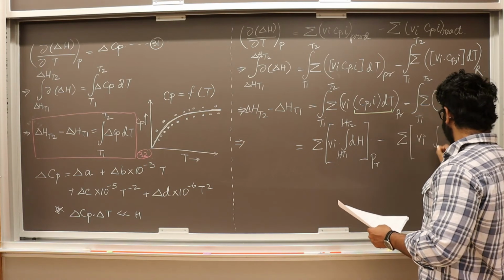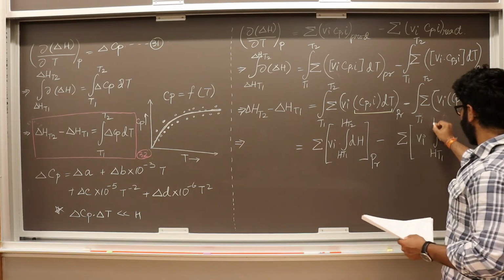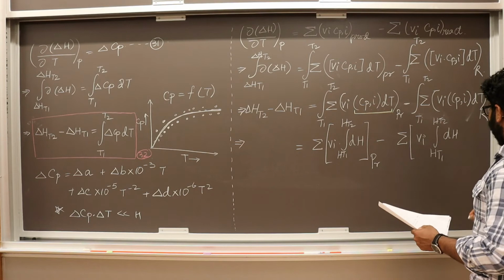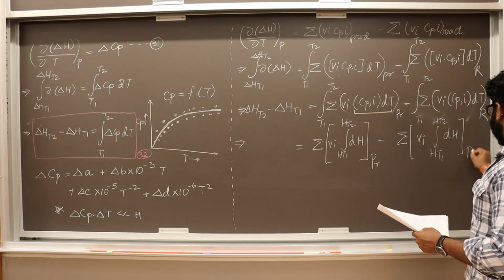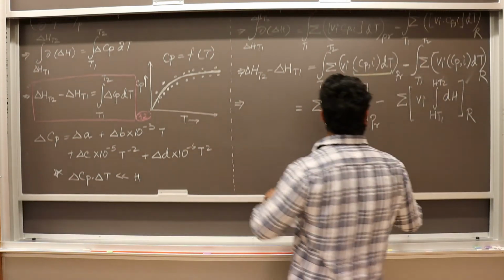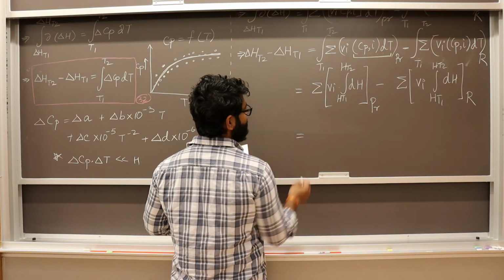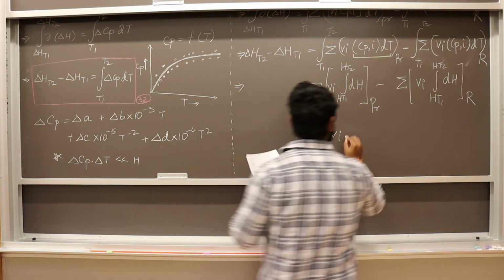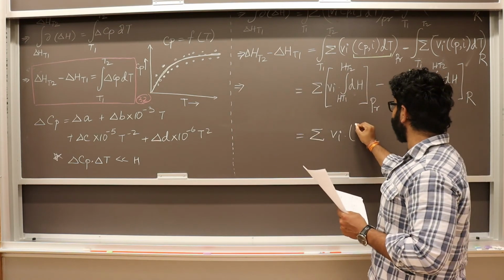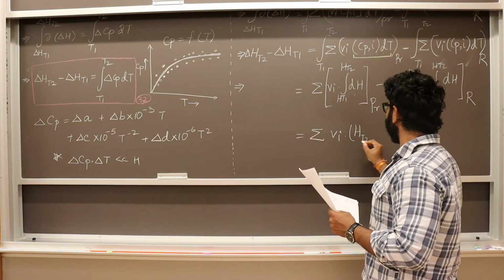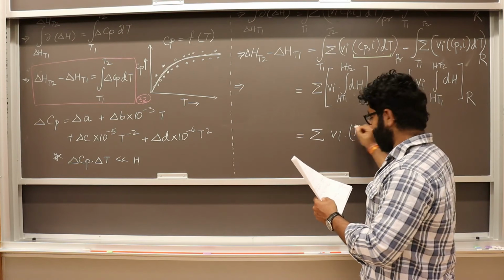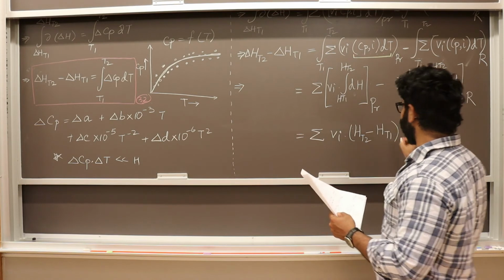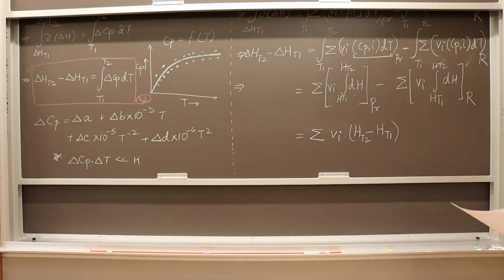Similar thing is happening here, H at T1, H at T2, and from dH. This is for the reactants, okay? So now this becomes summation of Vi. If you integrate this, what this becomes is delta H at T2 minus H at T1,